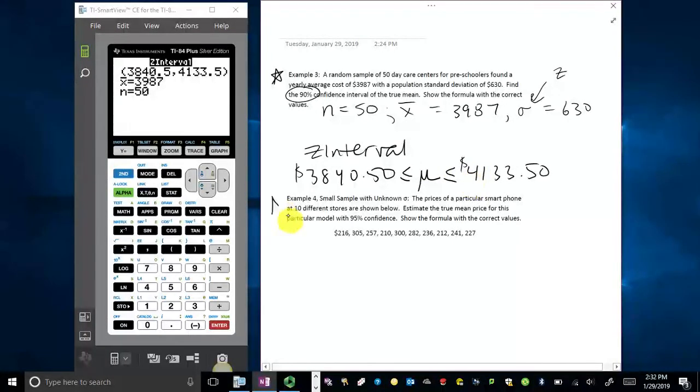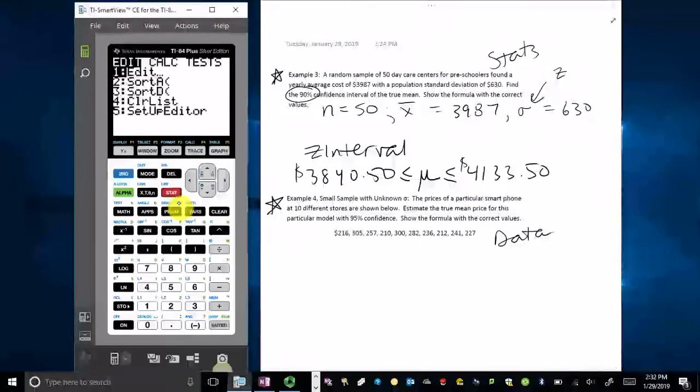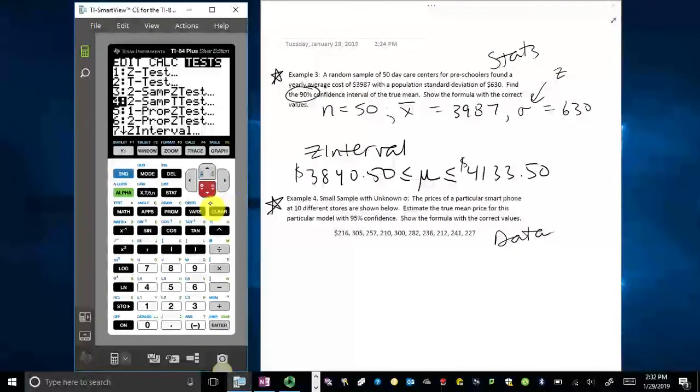Now for example number 4. In example number 4, we are given a list of data. So we're going to run a confidence interval again, but with data. In number 3 here, we were working with stats. So if I were to go to my confidence interval through the tests menu, down to the Z interval,